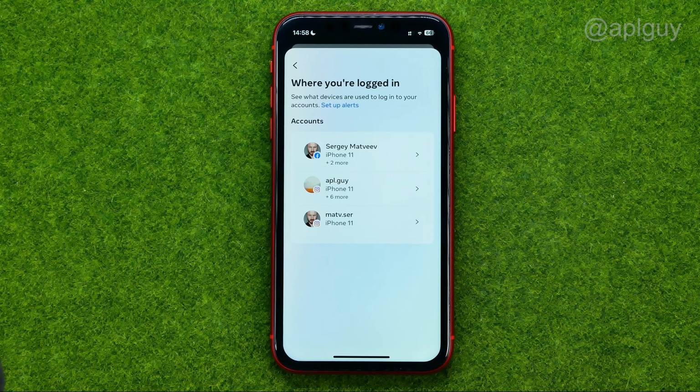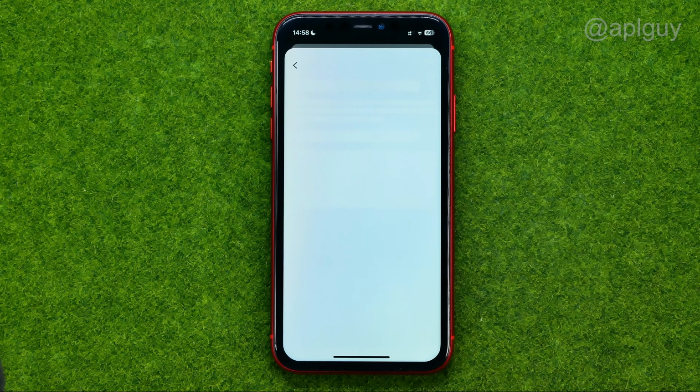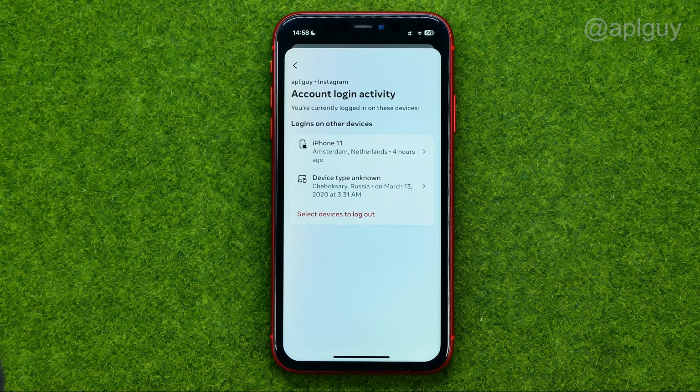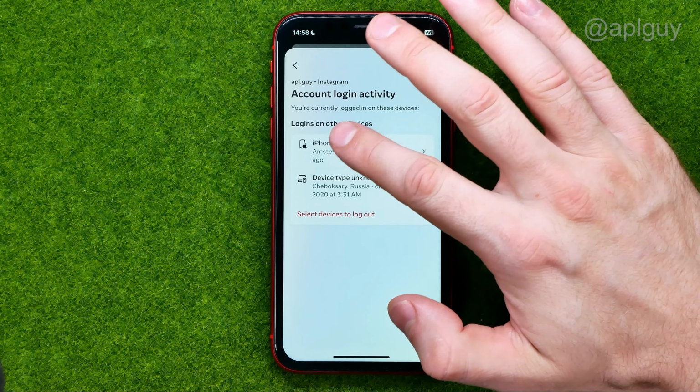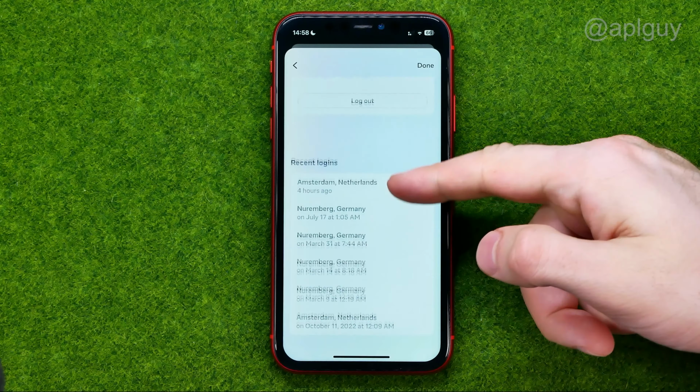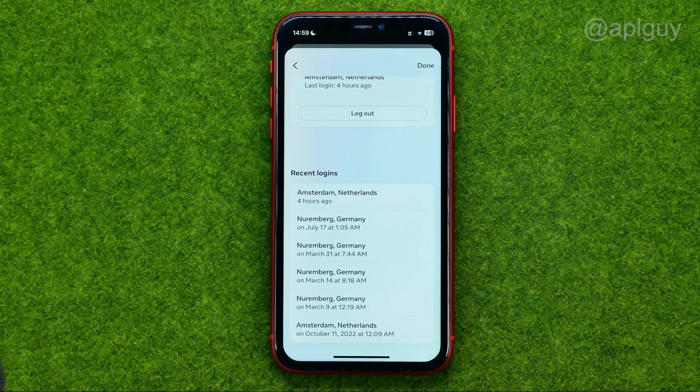If we tap on it, we can choose an account. First, you can select any of your Instagram or Facebook accounts associated with that particular account center. So I'm gonna choose that one. And then we need to choose a device for which we want to see login activity. I'm gonna choose my current device, that is iPhone 11, and right here we can check our recent logins from